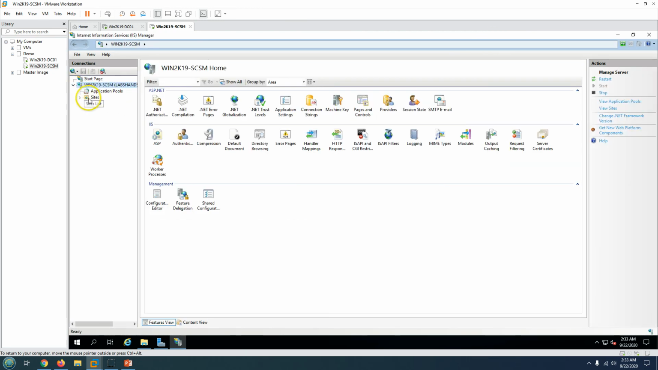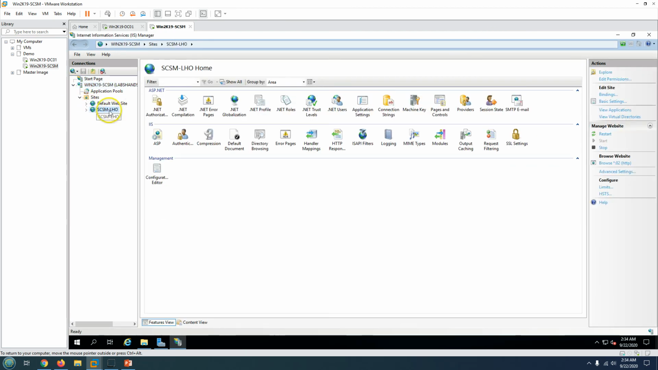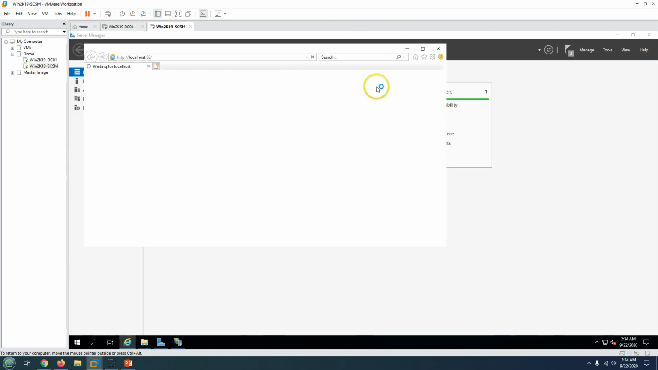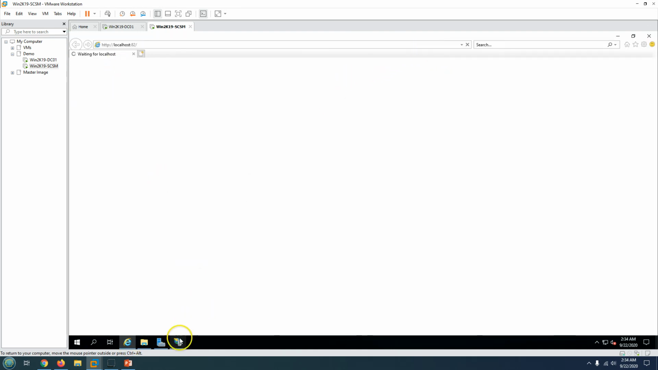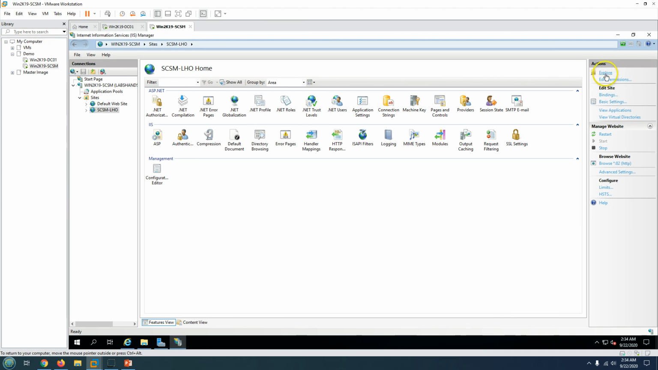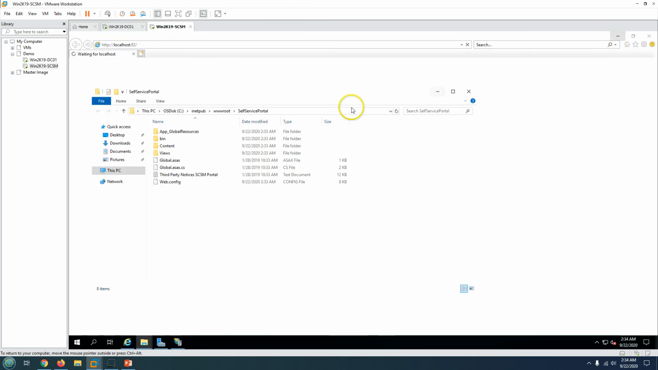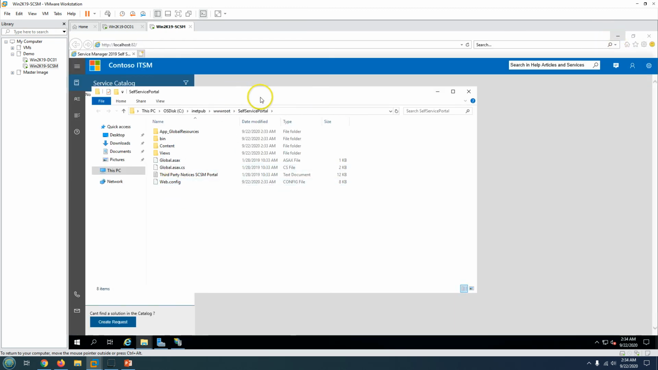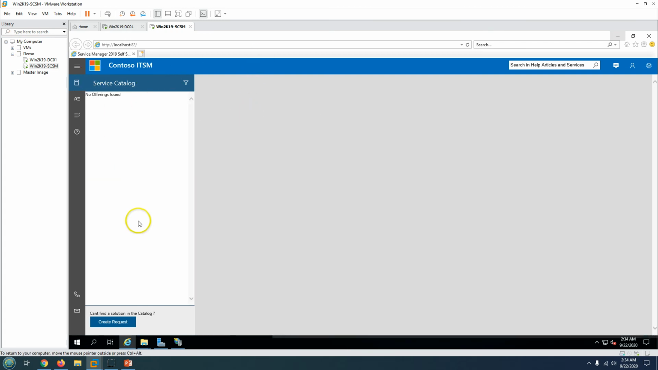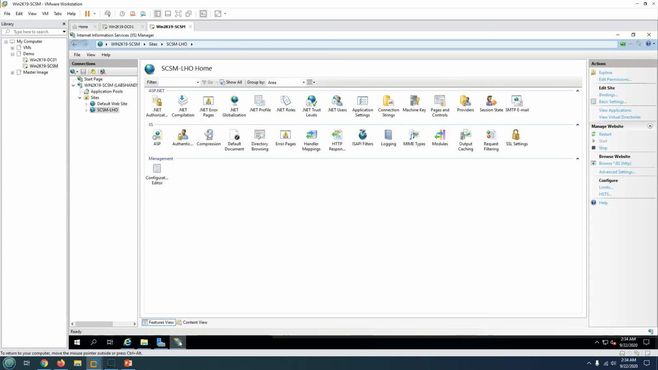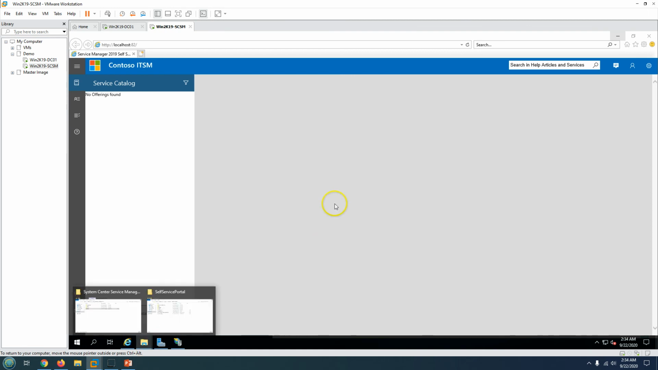Here you can see we got our site, which we have just created through the installation wizard. So if I go and browse this website, you can see it's going to open soon. And also if you want to modify some configuration in this file, you can go here. You can see we have logged in to the self-service portal console, and if you want to modify anything